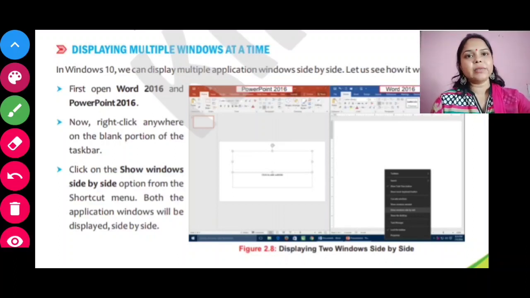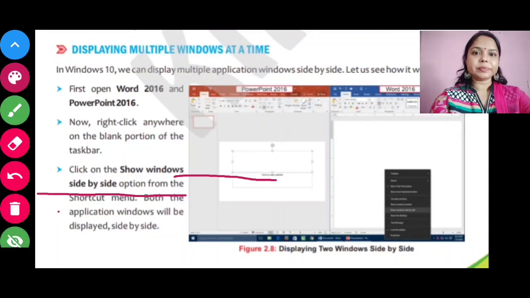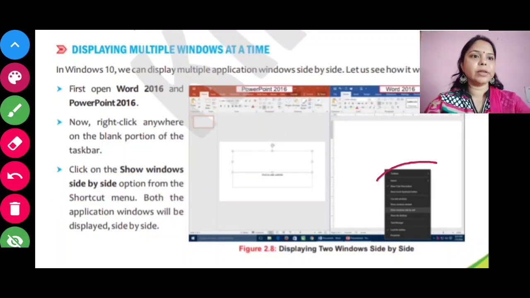For that, we first have to open any application. Here it has given Word 2016 and PowerPoint 2016. So first open those, and then right click anywhere on the blank portion of the taskbar. Like this, you can see over here the blank portion of the taskbar.